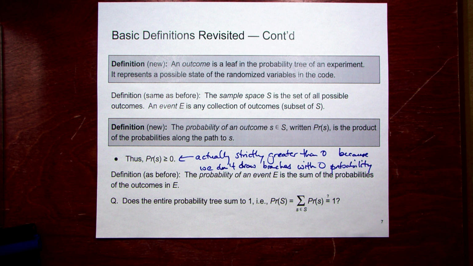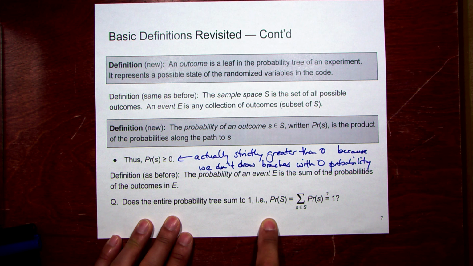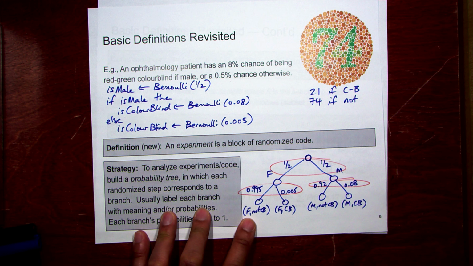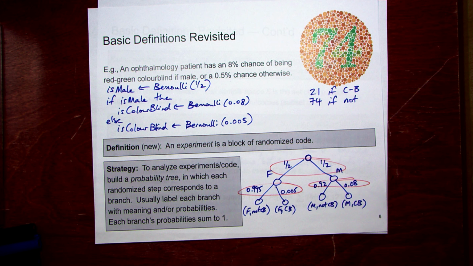So this is probabilities as they're associated to computer code and probability trees. Does the probability of all of it sum up to 1? It better. This thing ought to hold, and the reason is sort of by induction. If you were to add everything up, bottom up, everything here is 100%, everything here is 100%. Or even top down, everything is split up into left and right, and all of its subtrees will add up to 100% in some sort of nested bracket situation. So the intuition is that it should add up to 100%, and that's a good thing because we want